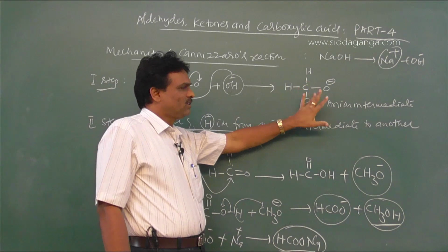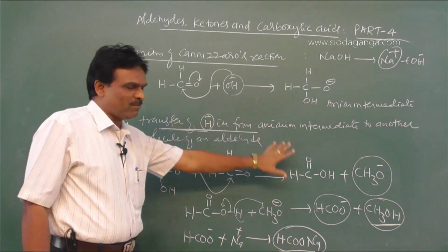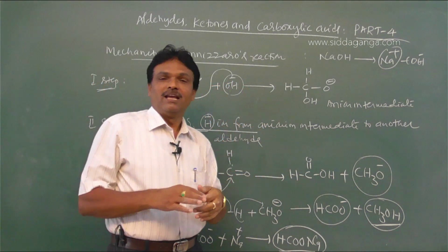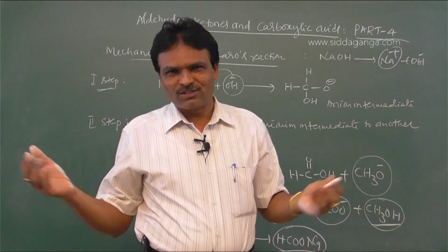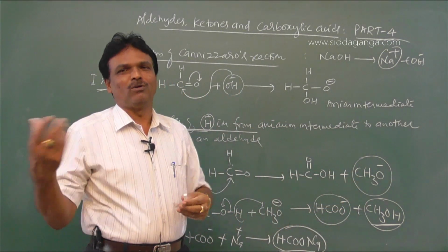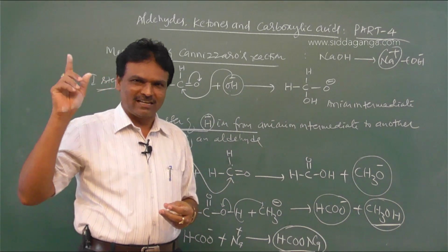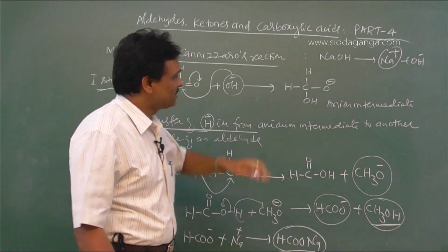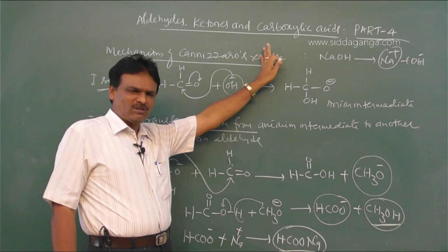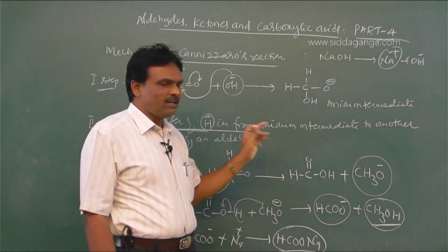Clear? So ಇದು very important mechanism. ನಿಮ್ಮ regular ಇಲ್ಲ competitive part ಅಲ್ಲಿ very important. In which of the following reactions does the hydride ion transfer take place from an anion intermediate to another molecule of an aldehyde, ಅಂತ ಕೇಳಿದ್ರೆ ಅಲ್ಲಿ aldol condensation, Claisen condensation, Benzoin condensation, Cannizzaro reaction ಹಾಕಿರ್ತಾರೆ. ಅವಾಗ ನಿಮ್ಮ ಆಪ್ಷನ್ Cannizzaro reaction. Clear?